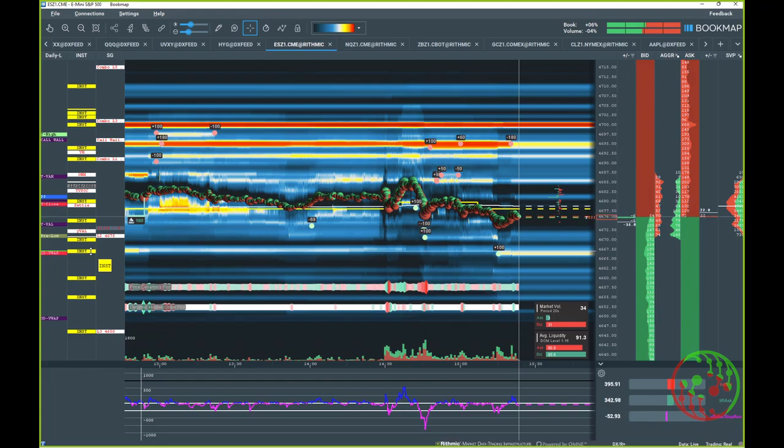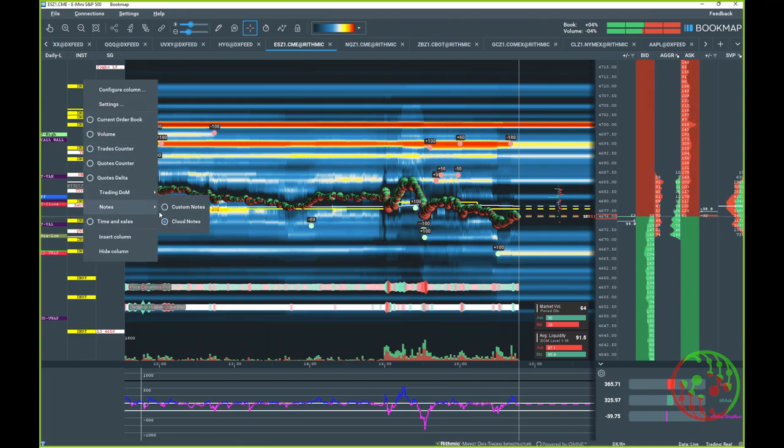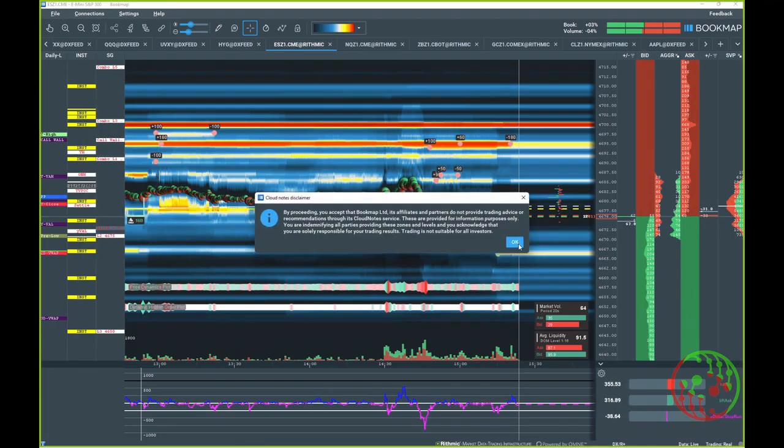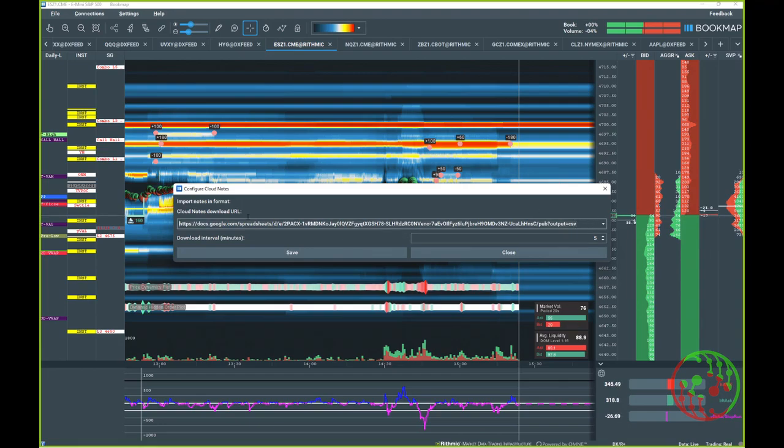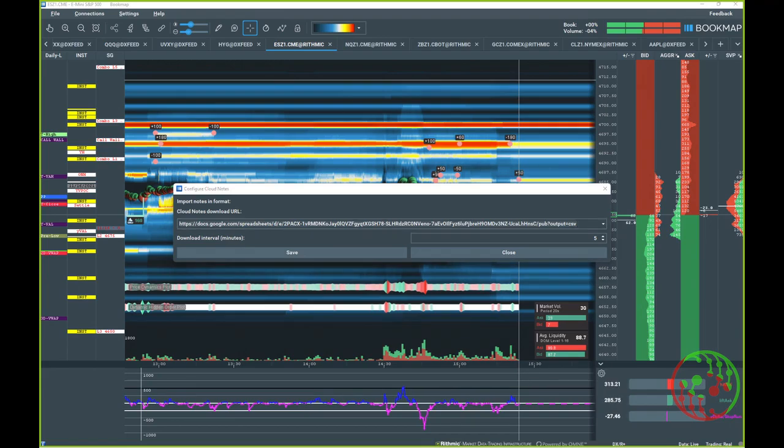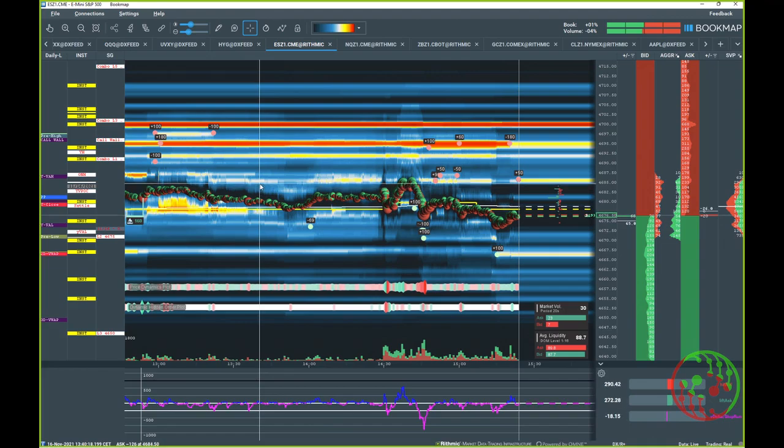Yes, that's true. How do we configure those columns? That's quite easy. I can post the cloud notes here. It's a voluntary service from our room, where Chuck, a room member, is now putting them in the cloud notes. The link is here. You can use it, it's free, and add it simply to your chart if you want. If not, it's up to you.